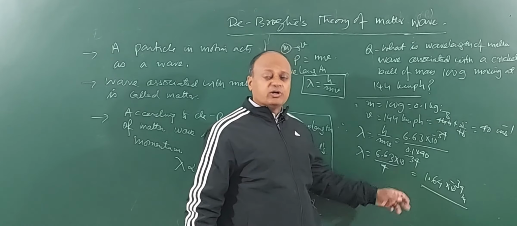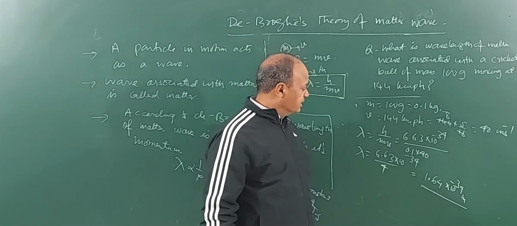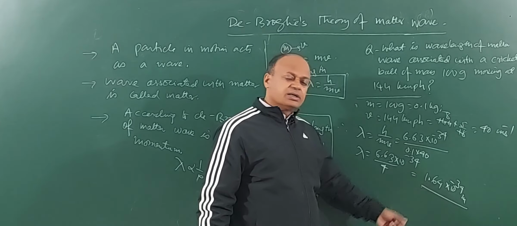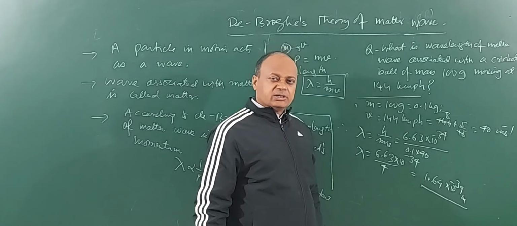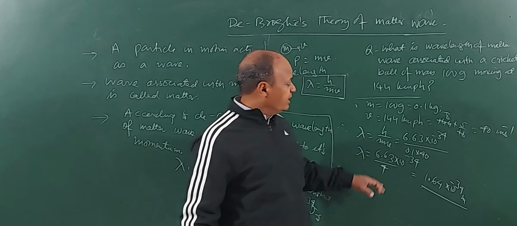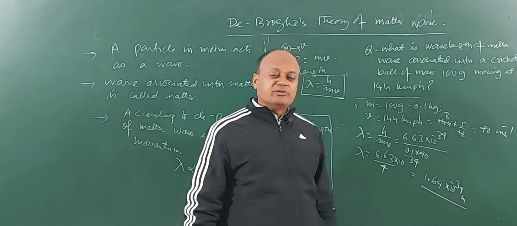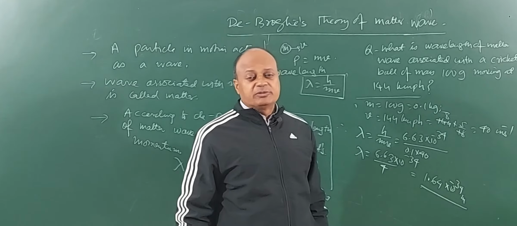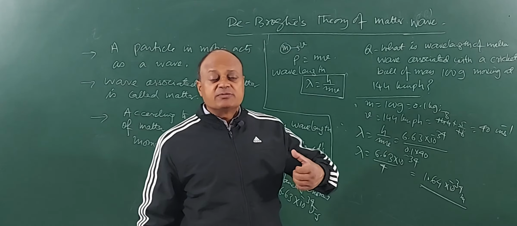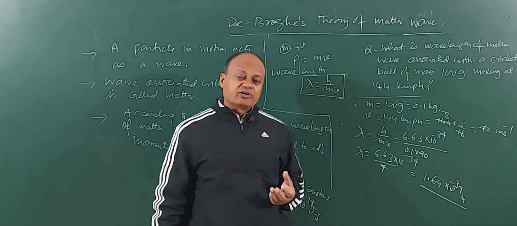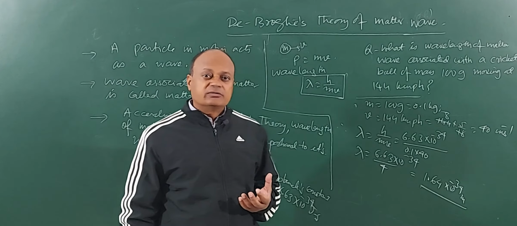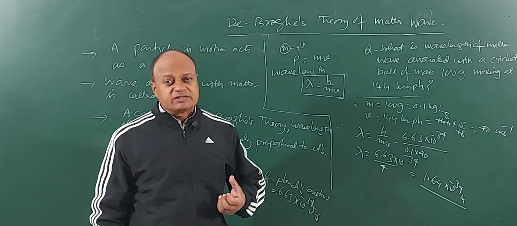See children, this wavelength is very small. It is so small that it cannot be determined. This wavelength cannot be determined using any device that is existing today. So, when a macroscopic particle is moving, the wavelength will become very small and it will be difficult to determine it. However, when small subatomic particles like electrons, protons move with large velocities, the mass is very small,